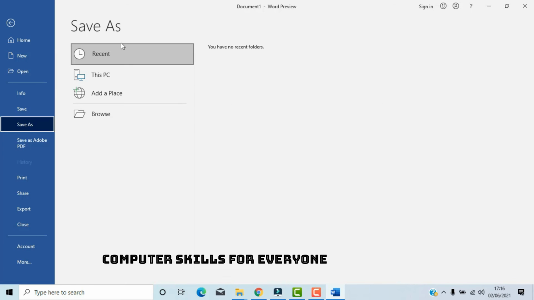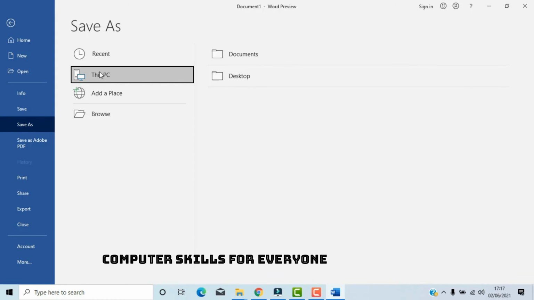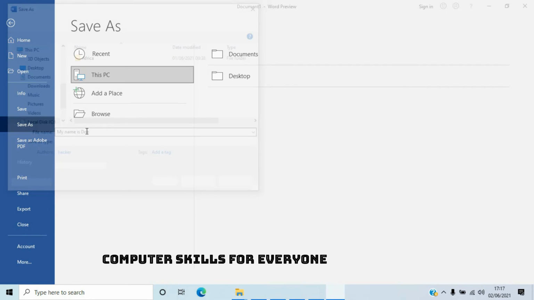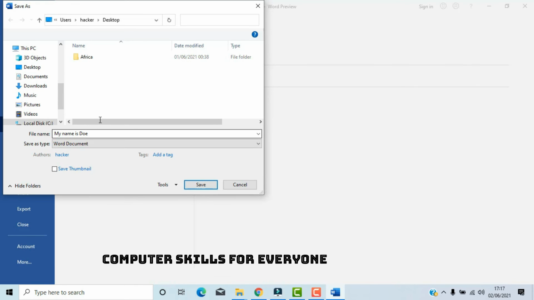Now this place gives you an option for you to choose where to save a document. You can click here on this PC, which opens where you want to save it, or browse, or let me just click it in the desktop. Though this might not be the best, just browse, or maybe if it just appears the way it is here, now you have an option to go to wherever you want. Just go to the documents, click the documents,